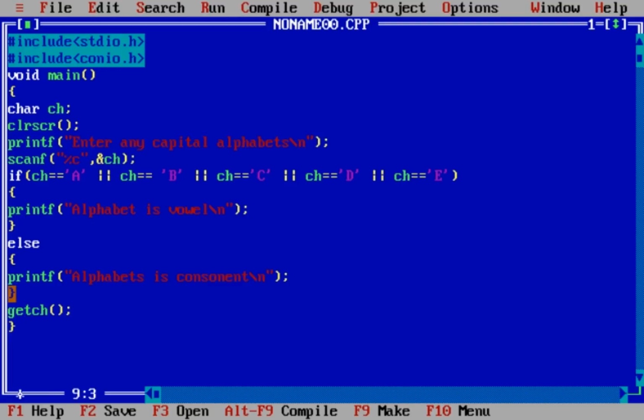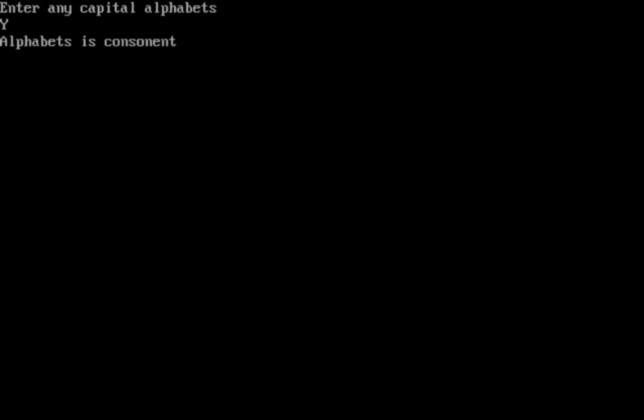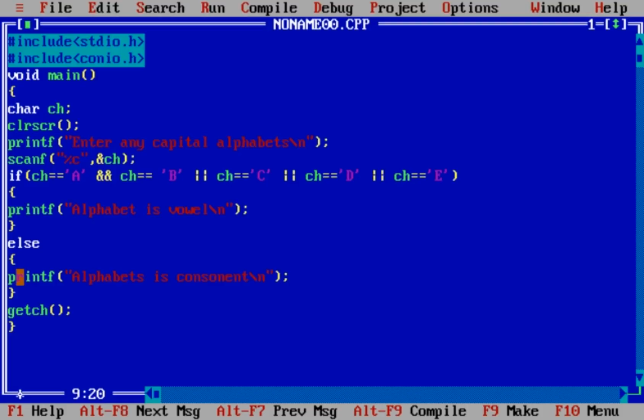And also if I want, I will write here AND, meaning our character should be both A and B. Now once again we will check, it will always give alphabet is consonant, because it will check that both conditions must be satisfied, but a character can have only one value, so this condition will never be satisfied and it will always jump to the else condition. Check, yes, alphabet is consonant, so it's working fine.